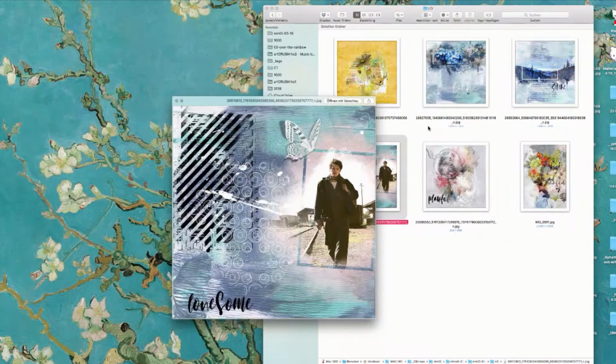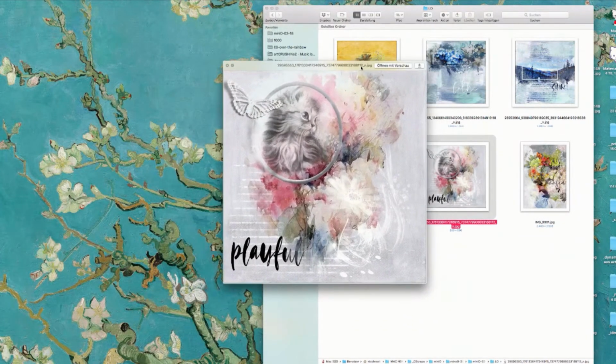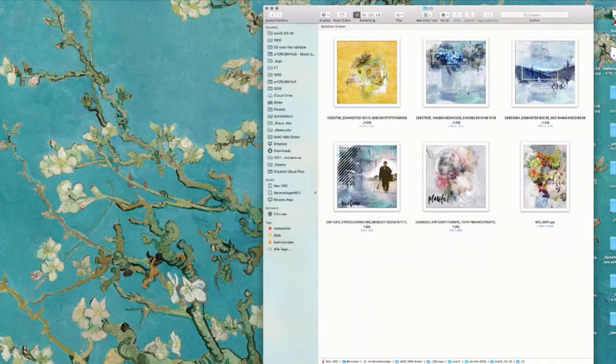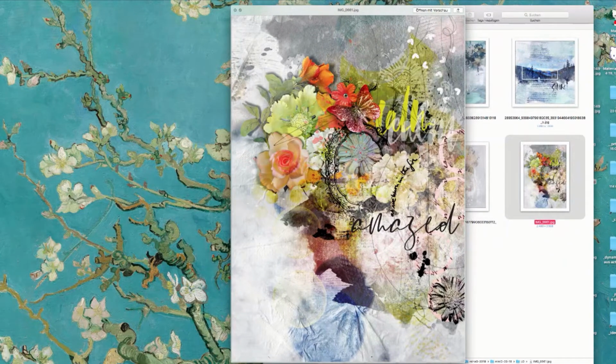pictures. Everything works. And here someone found a nice guy, and Trish created that one, which looks like a real painting, and a cute kitty cat here. And you see so many different ways, and this is one I have created, and I created it on my iPad Pro